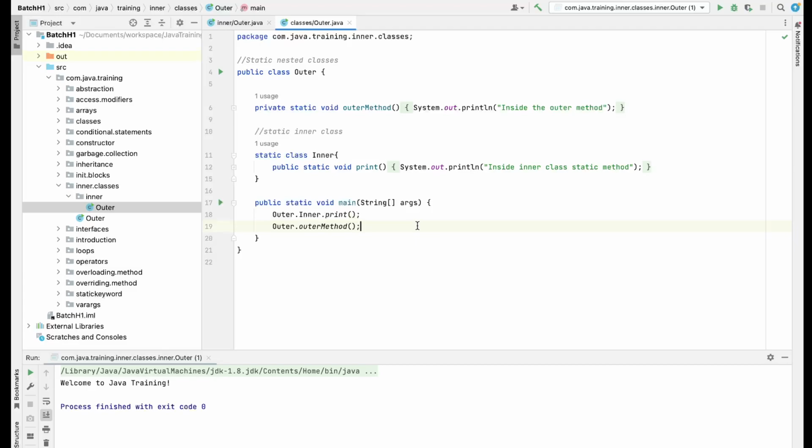So outer, I think it indicates access to the class or the method. Is this outer a variable, or what does it indicate? No, this outer is basically your class name. This inner is basically your inner class name. This is a class name. So the syntax is